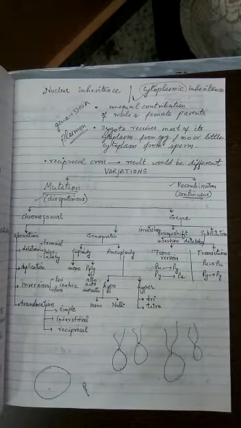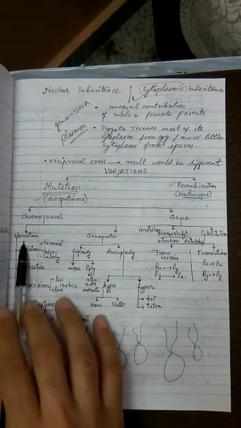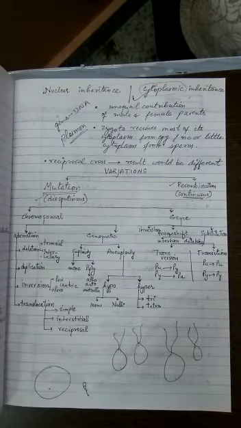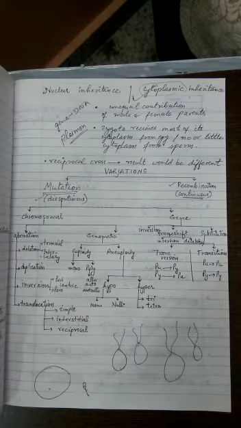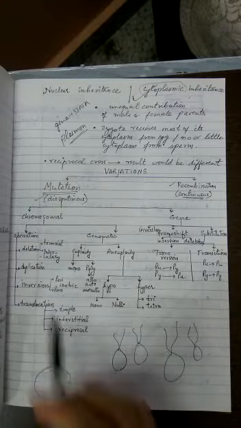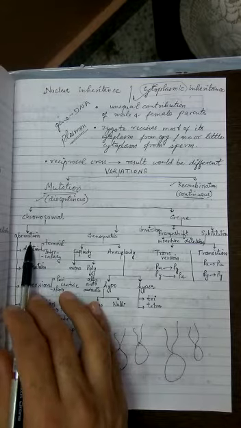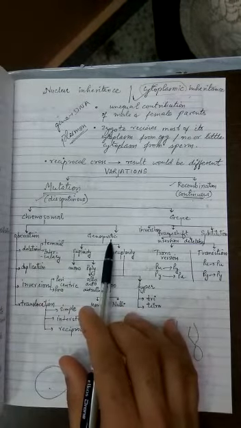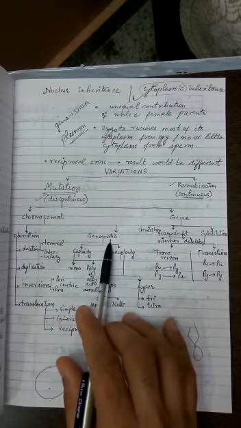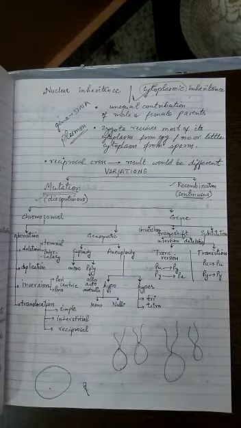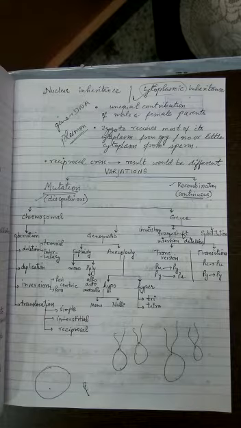So chromosomal mutations are again of two types. The first method is aberrations. Aberration means when there is a change in the structure of the chromosome. And the second method possible is genomatic, that means genome, genomatic chromosomal mutation, that means the number of chromosomes. So when the structure of the chromosome changes, it is called chromosomal aberration. And when the number of chromosomes changes, or you can say there is a problem with the genome of the organism, then it is called genomatic chromosomal mutations.